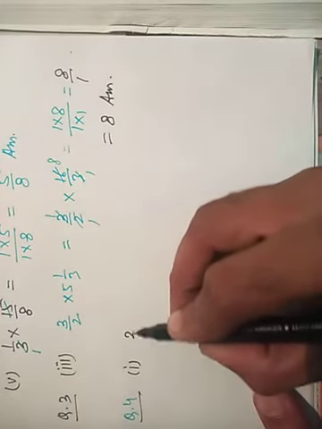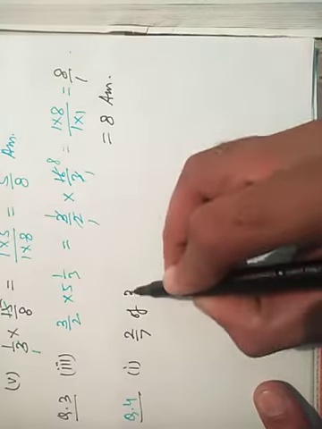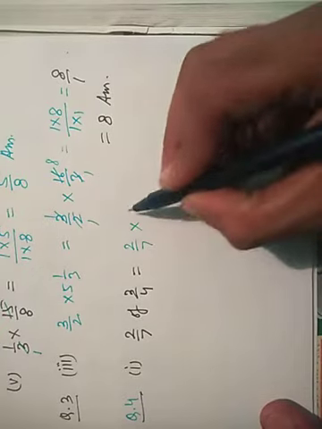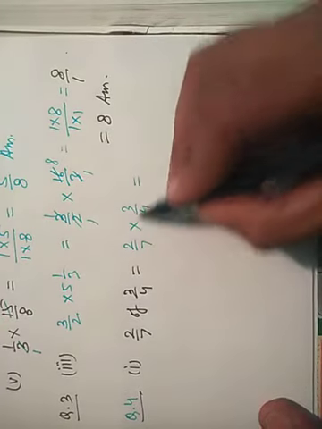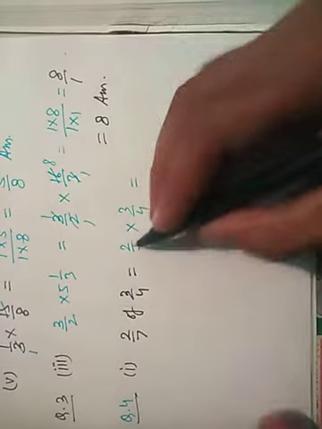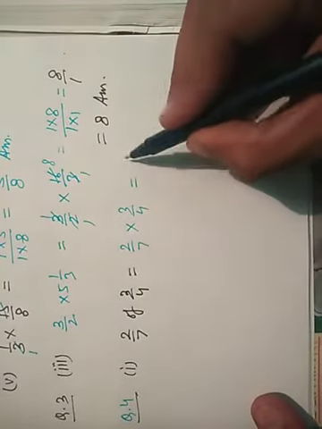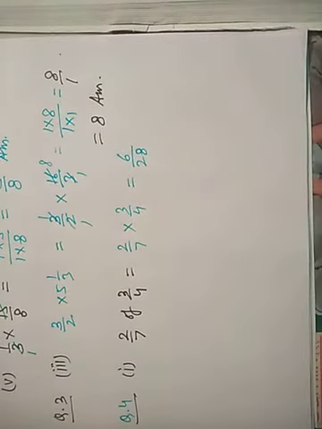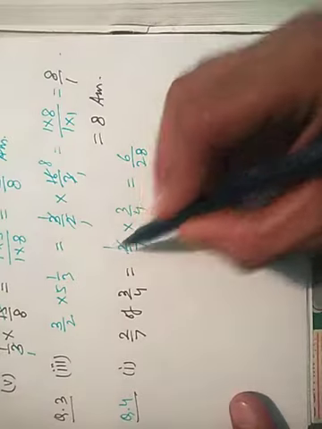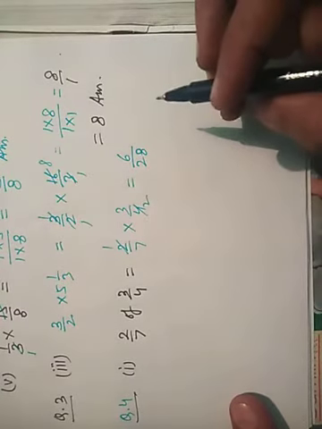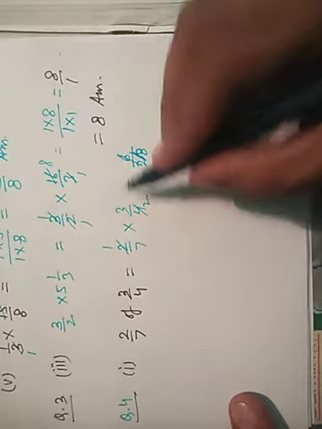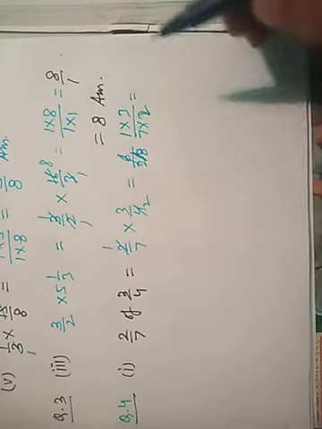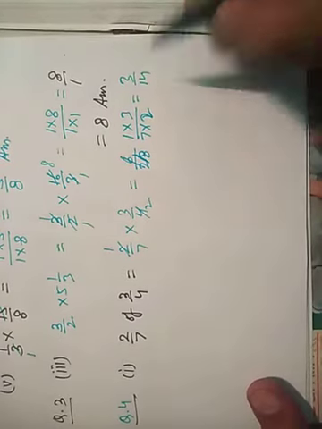First part is given, 2 upon 7 of 3 upon 4. It will be equal to 2 upon 7 multiply 3 upon 4. So it is very simple. We cannot cancel anyone. So 2 3 जा 6, हम सिंपल 2 को 3 से मल्टीप्लाई कर देंगे. 2 3 जा 6 and 7 4 जा 28. And we can cancel this, 2 1 ja 2, 2 2 ja 4. Then we will get here as 1 into 3 upon 7 into 2, and it will be 3 upon 14,